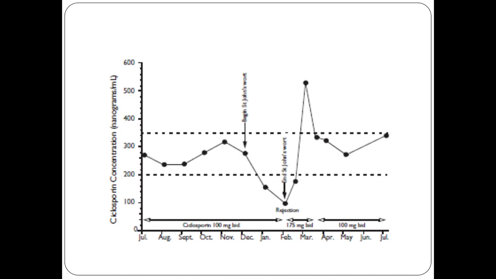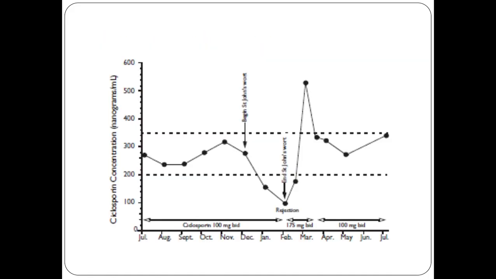So this is the diagram showing cyclosporine concentration in nanograms per ml, with cyclosporine 100 milligram BID, and cyclosporine with St. John's wort. Here is the beginning of St. John's wort, and another is the end of St. John's wort. Then you are seeing, if you give St. John's wort with cyclosporine, St. John's wort is an enzyme inducer,